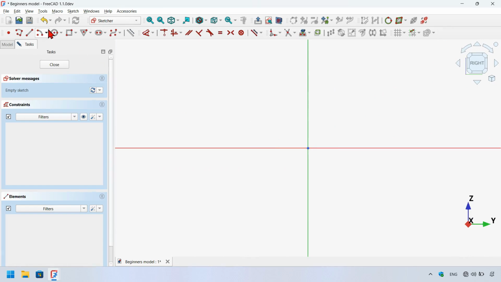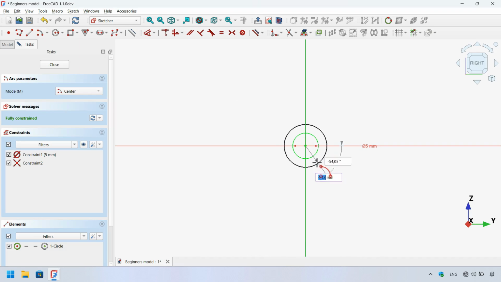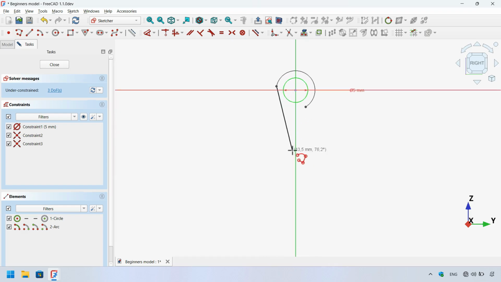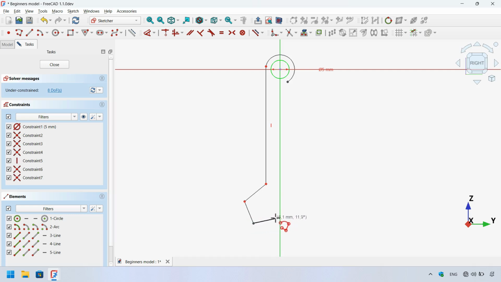Okay, now what I do, I select the circle tool. I click on the origin axis and I set a diameter of 5 millimeters for this circle. And next here I select arc tool and I click on the origin axis and I create this arc. Okay, now I select the polyline tool and I click on this point here. I press M 2 times to create a normal line, and now I will create this line here, and now I will create this vertical line, and now this line here, and next this line, and now this line here,